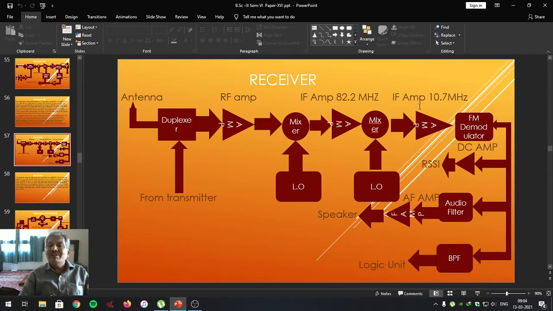This is amplified by the power amplifier, where the power level is amplified. After that, this FM signal is demodulated by discriminator circuitry, that is, the ratio detector or Foster-Seeley detector is being used to demodulate the FM signal, and the original audio electrical signal is separated.